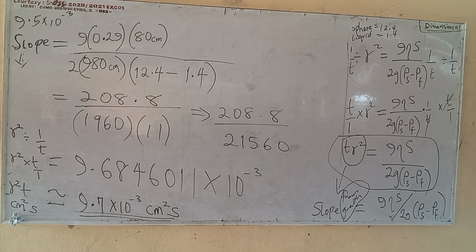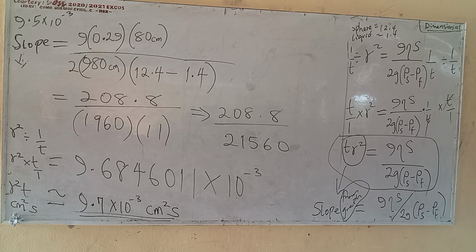Listen to what I'm saying. What they're saying is that you should obtain the slope of your graphs, which we've gotten. Now they say equate it to the expression containing, and the expression containing is that time you've gotten your slope. It is equal to all these expressions. You equate it. Now substitute, which we've done here. You get an answer. Whatever answer you have here should be equal to the answer you get from the slope